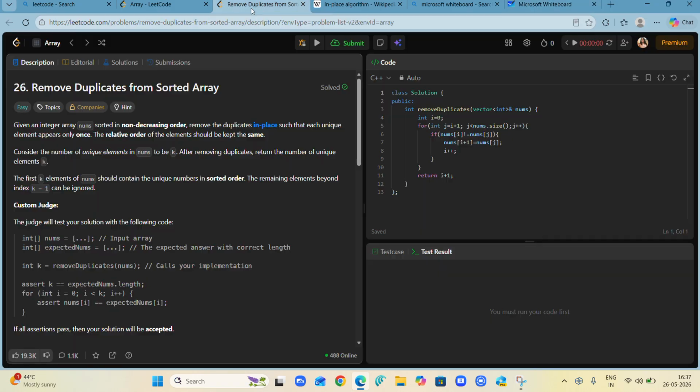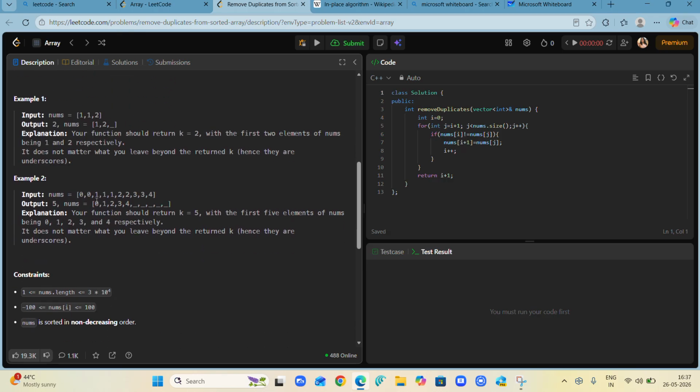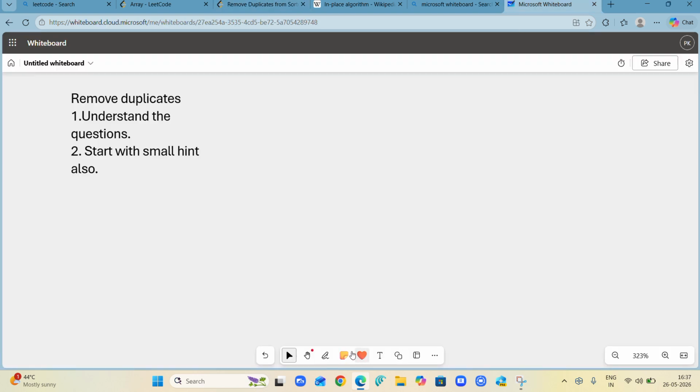Let's take the example of the array which is given over here. Let's take 0 0 1 1 1 2 2 3 3 4. Why am I taking it? I have to take one array. Let's take that only.